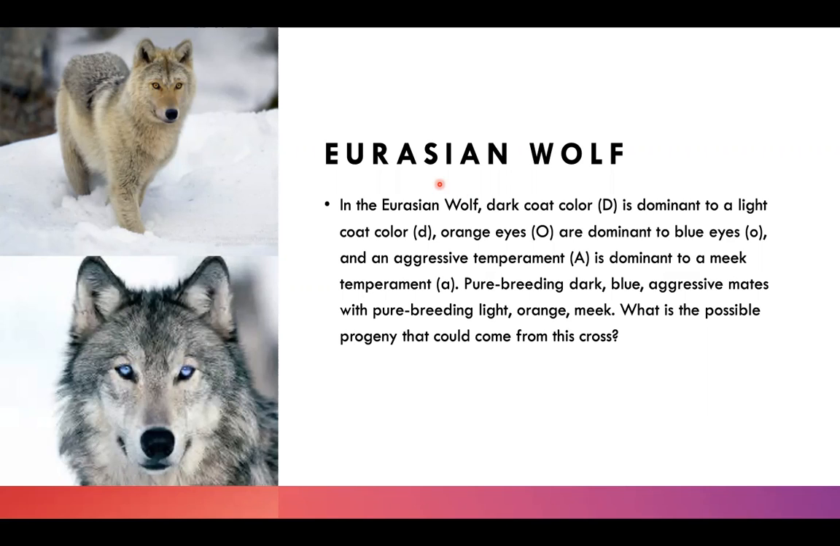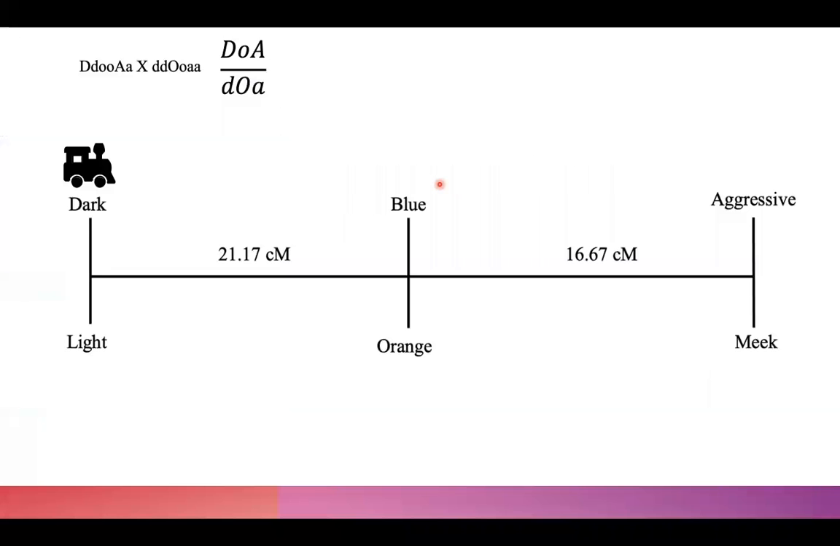Pure breeding dark blue aggressive mates with pure breeding light orange meek. What is the possible progeny that could come from this cross? So when looking at a cross like this, we take a look at the genetic map. So when looking at the genetic map, this gives us all the possible variations of the different phenotypes that can